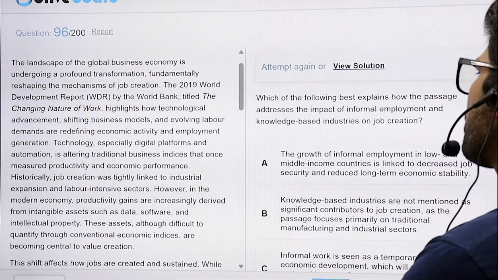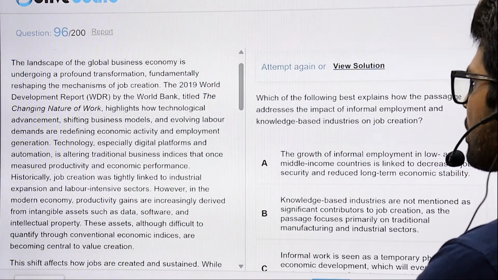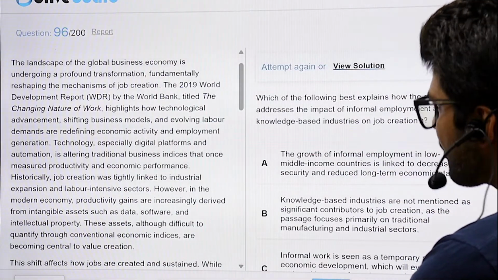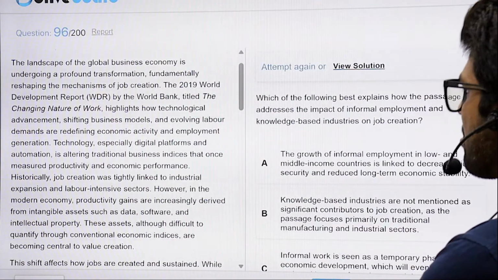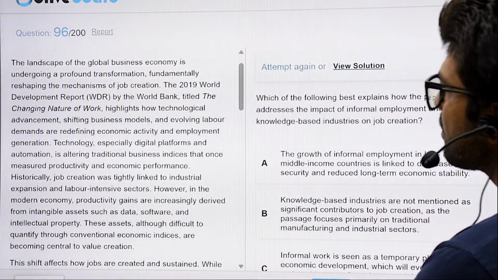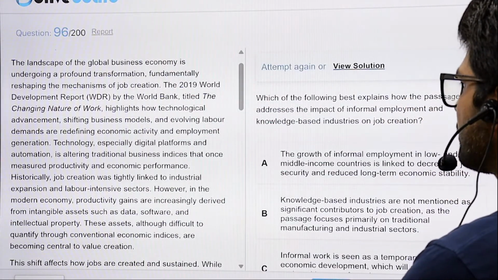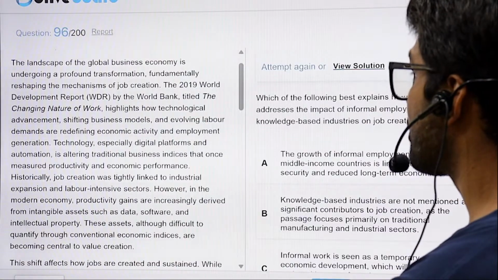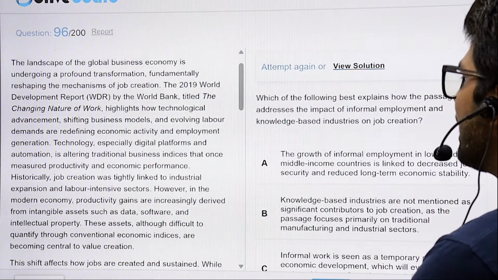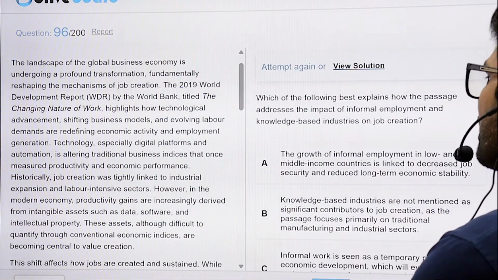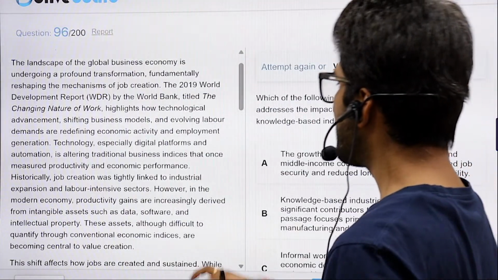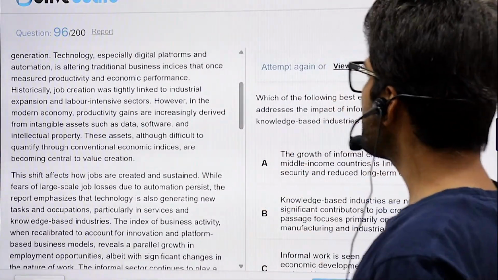The 2019 World Development Report by the World Bank, titled The Changing Nature of Work, highlights how technological advancement, shifting business models, and evolving labor demands are redefining economic activity and employment generation. Technology, especially digital platforms and automation, is changing traditional business indexes that once measured productivity and